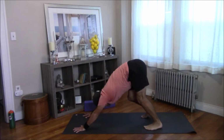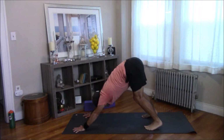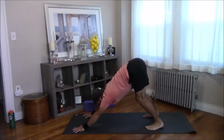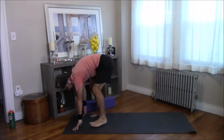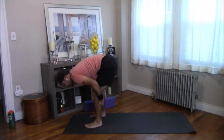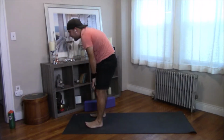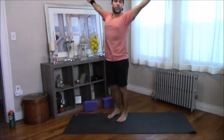So using these opening sequences to get ourselves warmed up, getting used to bending, folding, all that good stuff. Inhale again, look forward, bend your knees, drop the hips, step or hop to the top of the mat, flat back, fold, slowly rolling to standing. Again, neck and head come up last, arms overhead,